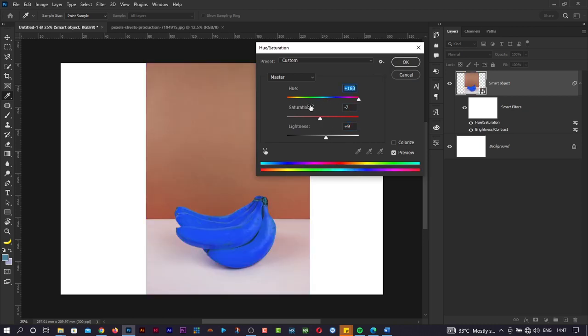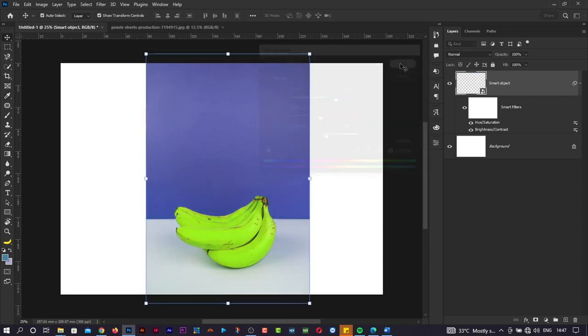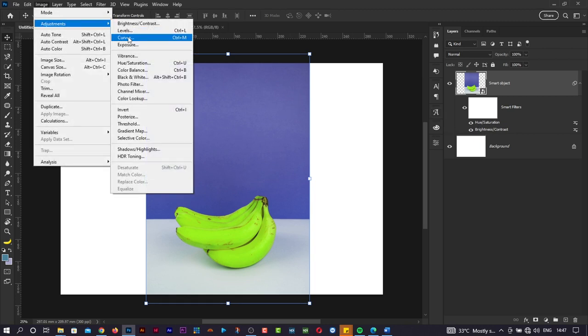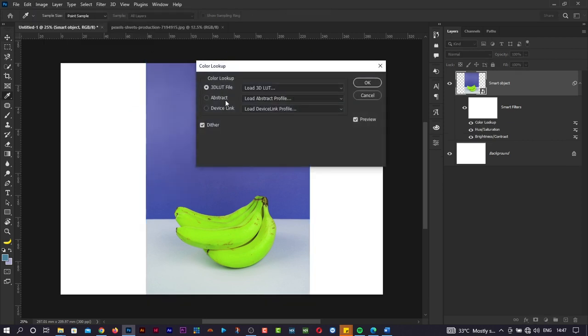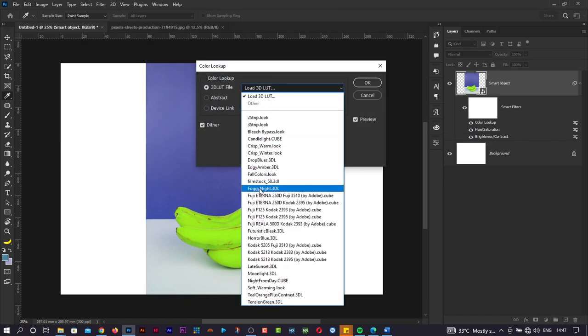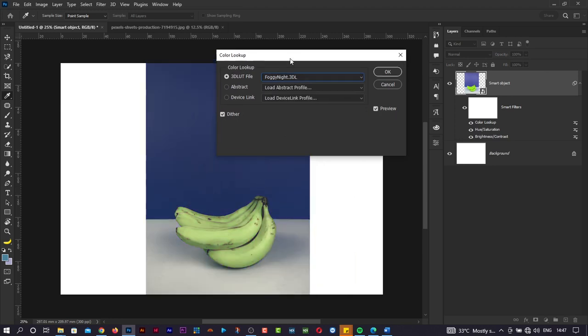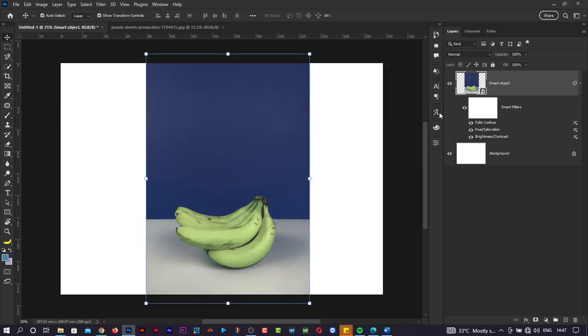And let's just take OK, for example here. So you notice that that particular hue and saturation has been added here as well. So let's add another one. I'm just basically showing how to add adjustments. So if I take color lookup, for example, and I take, let's say, fog light, right? So we have this. If I take OK, you notice that we have added 3 adjustments to this single